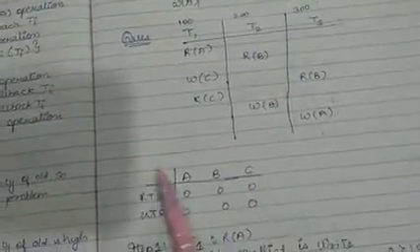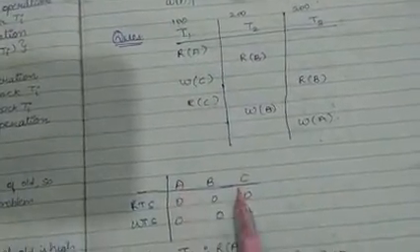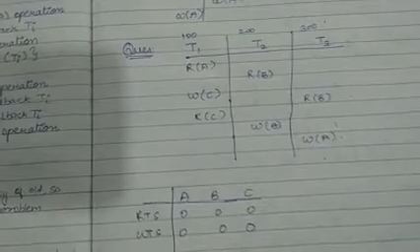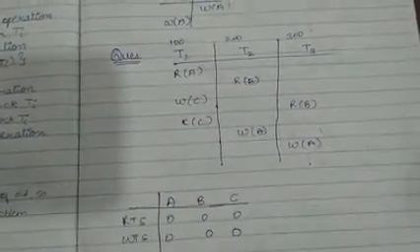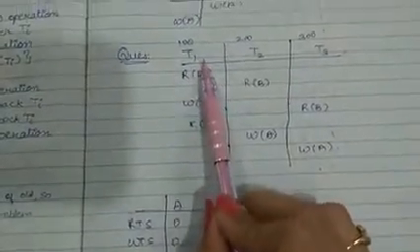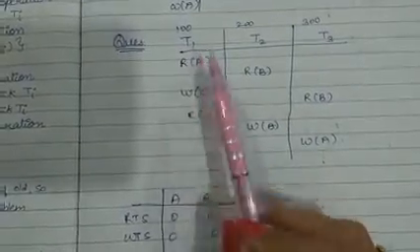We need to maintain this table in which we have three variables A, B and C. So I have simply written A, B, C and the RTS and WTS. In the initial case we haven't executed any of our transactions, so the clock will be set as 0. So all of these have the value 0. For the first step, what transaction will execute? T1 will execute. T1 is executing my read A operation.